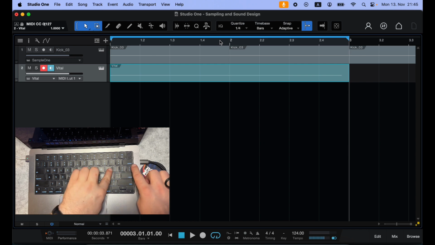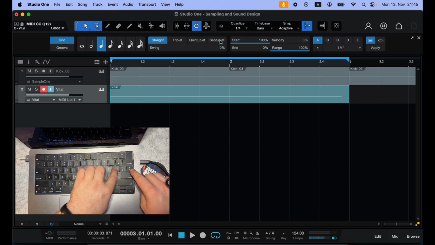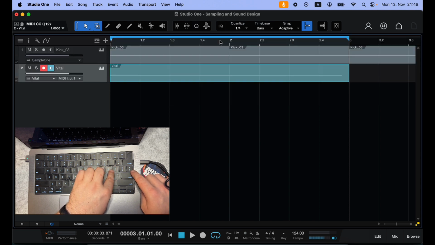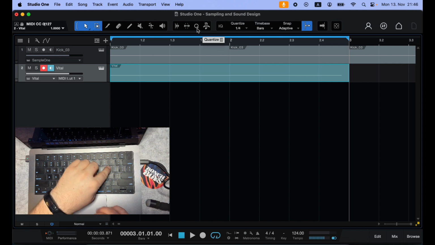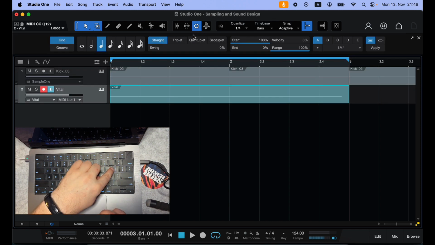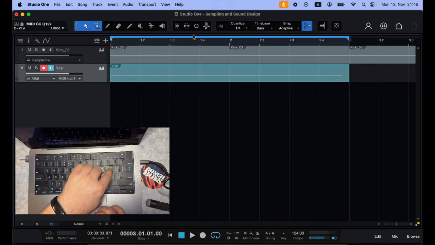The next set is a set of 3 keys here, which is these brackets and the / and the pipe. And for these, I have my most used windows across the top of Studio One here. That is the Quantize window, so that just brings it down so I can see, or tucks it away whenever I want more room. I have the toggle snap, which I use a lot, especially when I'm moving MIDI